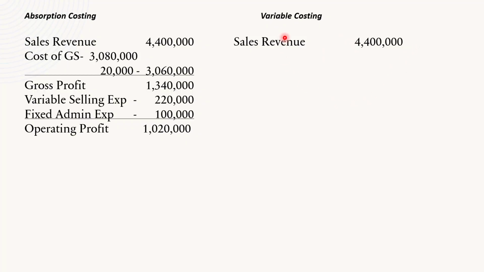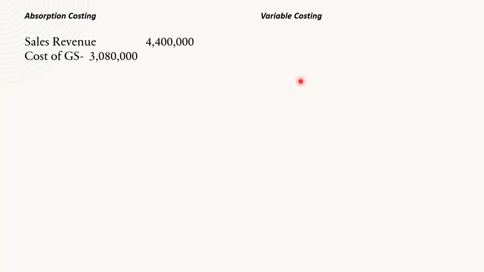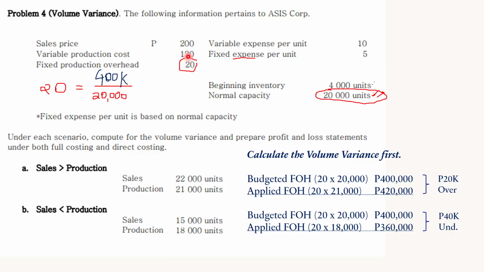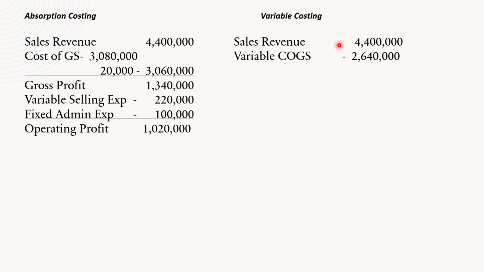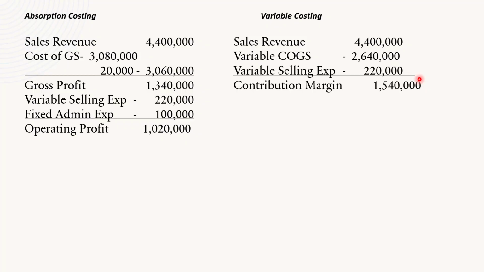In variable costing, we deduct all variable costs first, which includes the variable COGS, 120. Tama? 120 yun. Okay. And then the variable expense of 10. So variable COGS is 120 times 22,000. Variable selling and admin is 10 times 22,000. So minus 2,640,000, minus 220,000. This would give you a contribution margin of